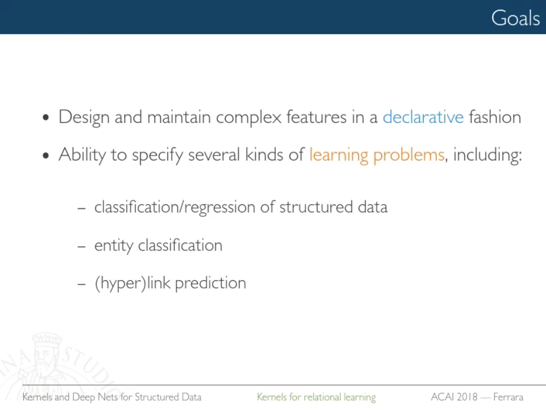Like you can classify molecules or graphs, but you can also take a single graph and classify the individual vertices in the graph, or entities in a relational domain, or you can classify links or hyperlinks and do link prediction things, right? Which are not obvious. For example, if you take just a graph kernel, how do you do link prediction? Well, you need features of the link. So you need features of pairs of vertices, right? So how do you do that?